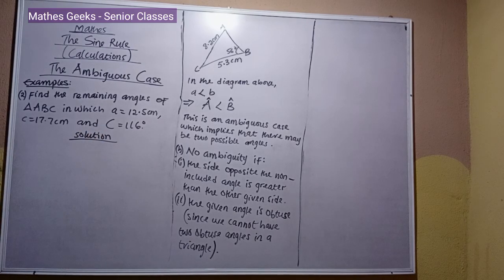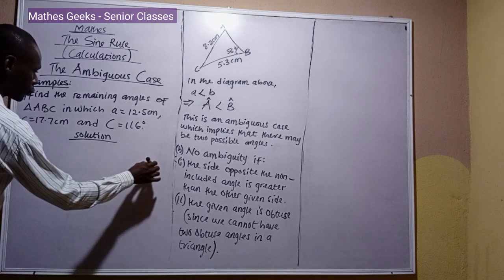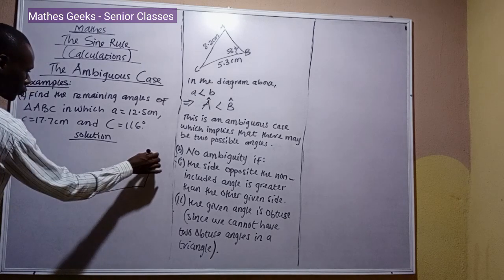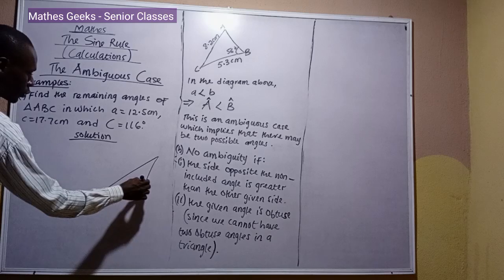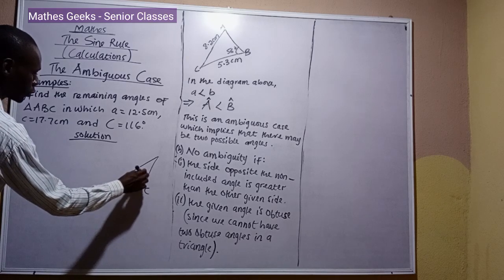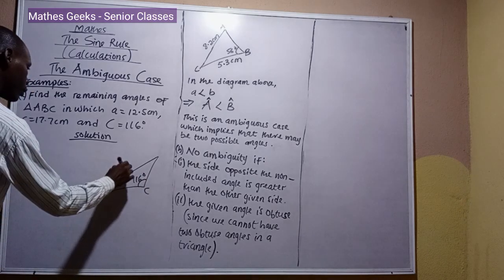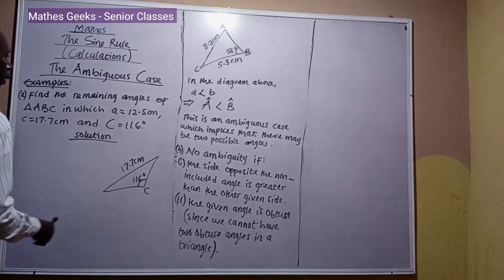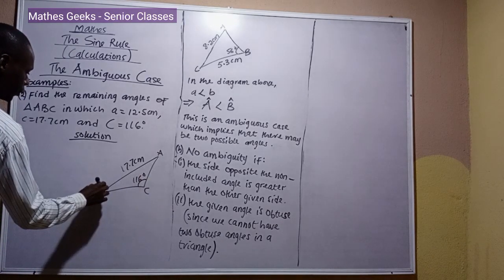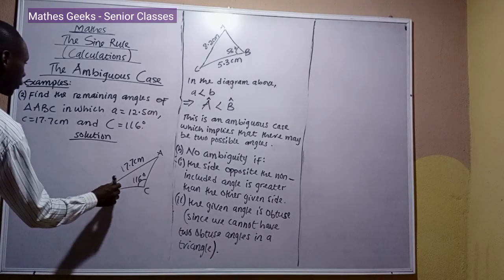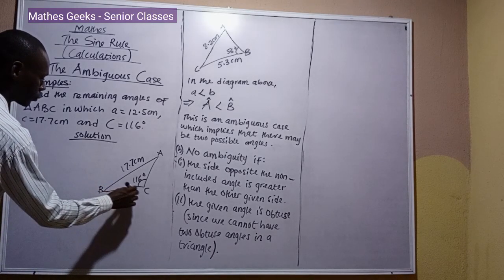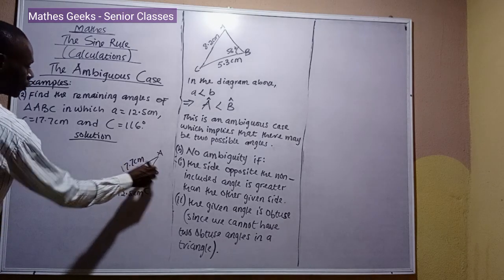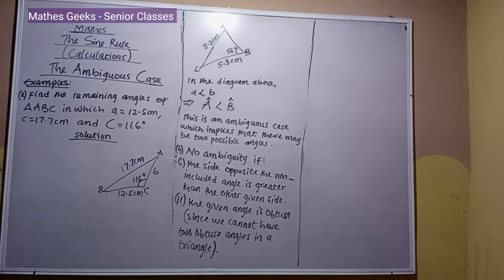Find the remaining angles of triangle ABC, in which a is 12.5 cm, c is 17.7 cm, and C is 116 degrees. This is angle C, 116 degrees, 17.7 cm, and a is 12.5 cm, and this is B. So this is a case that involves ambiguity, but